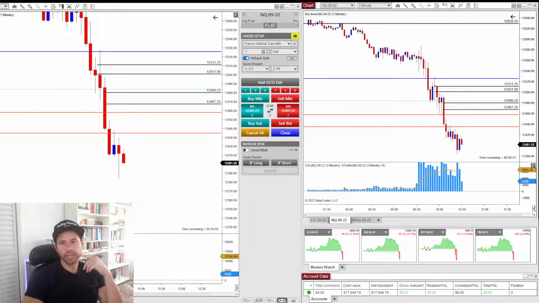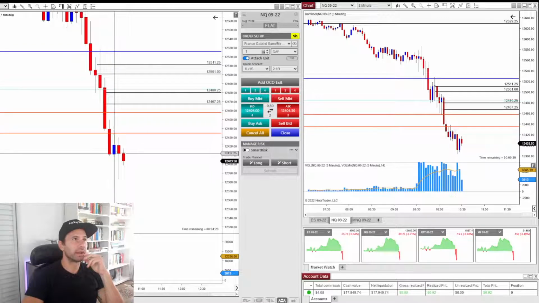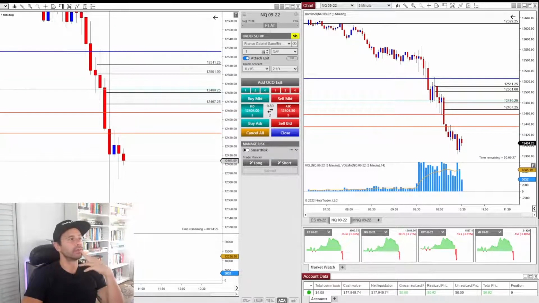At 400 to 240, I do have a demand, and buyers are trying to defend the demand. That's why volatility just dropped. It hasn't moved very much for the last 20 minutes, from 10:09 to now, 10:30. Buyers are trying to hold this.